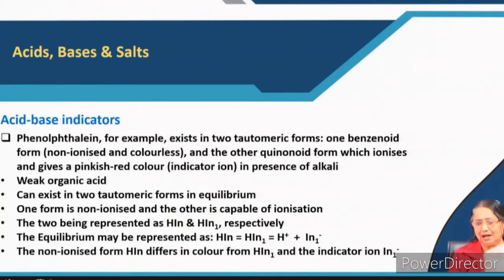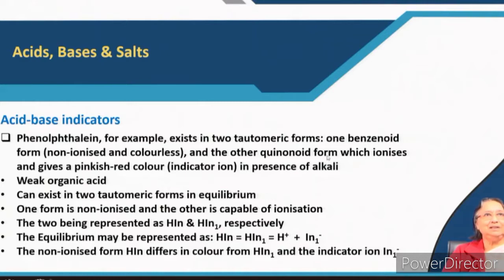We all know about the two indicators, one is the phenolphthalein indicator and another is the methyl orange indicator. We all use, even from our school days, we are habituated in using these two indicators for our acid base titrations. How is it happening? Why are they changing the color during our titration? When it is acidic, it shows one color. When the solution is basic, it gives another color. That I will tell you today.